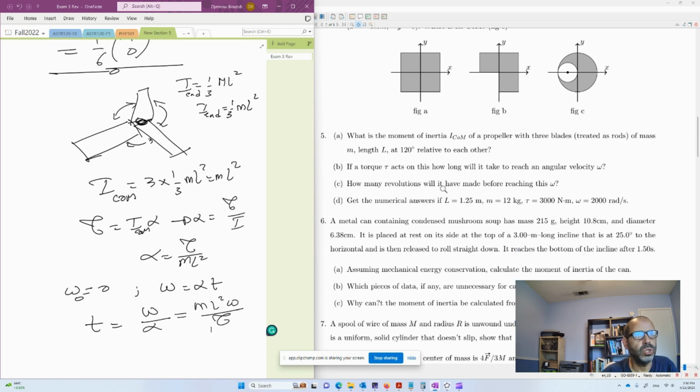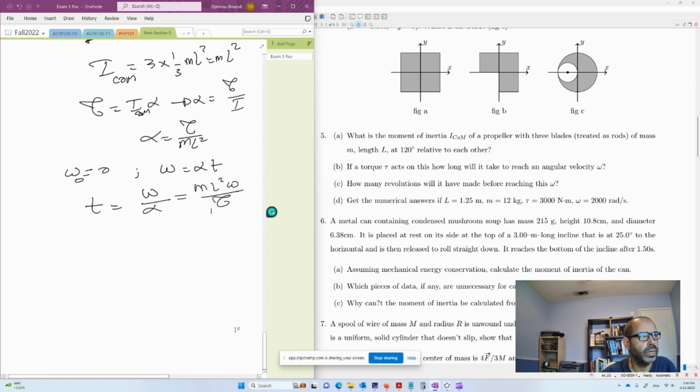And then, how many revolutions will it have made before reaching omega? Well, in this case, it's revolutions, by the way. You can do it in 2 ways. Either theta is equal to 1/2 of alpha t squared, then you just compute t. So you plug in that equation in there for theta. So that's going to be the number of radians, how many angles it has spun. But we want to find the number of revolutions. So theta over 2 pi. So that's the number of revolutions